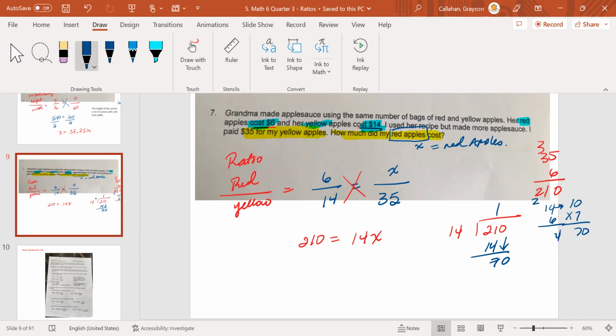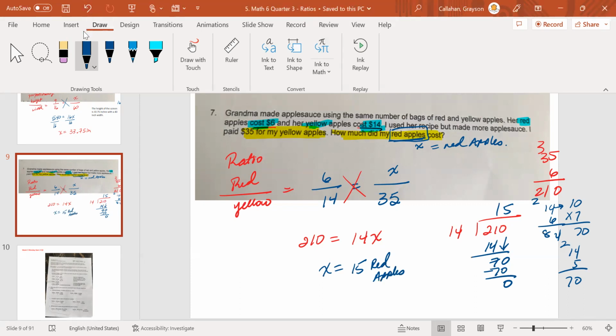That's going to give me 24. Oh, that's too big. That's 84. So 14 times 5. This is going to give me a 20. And guess what? That's perfect. It's 70. So put 5 here. 0. So X equals 15. 15 what? Look at the question that you have. Red